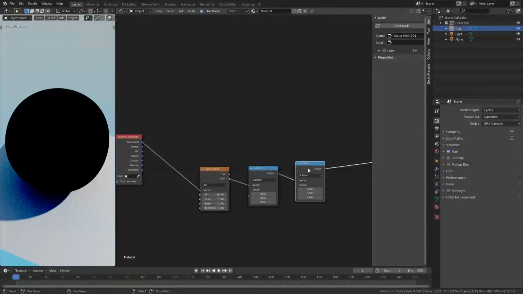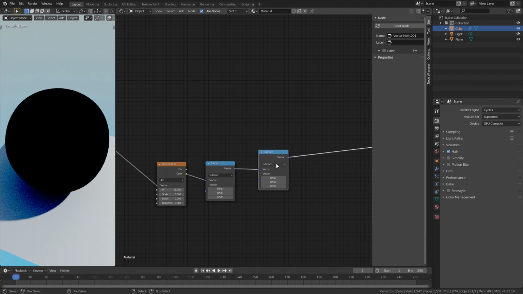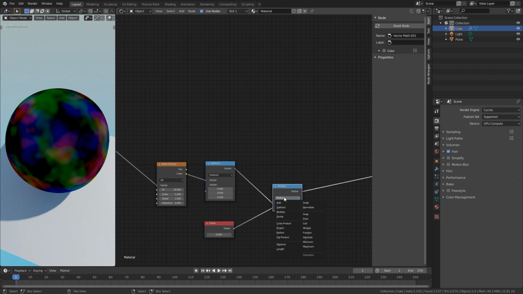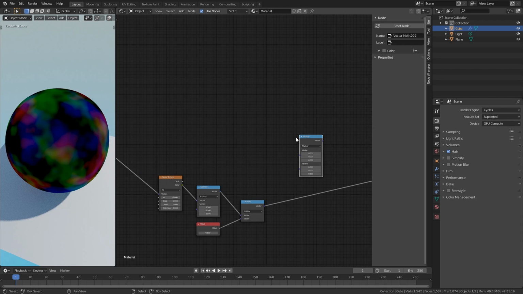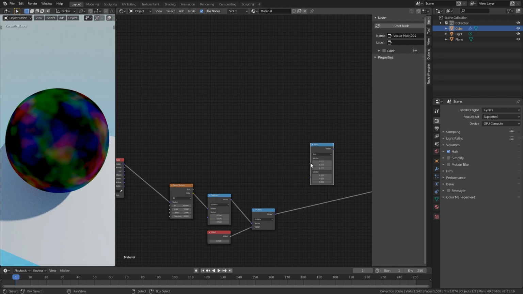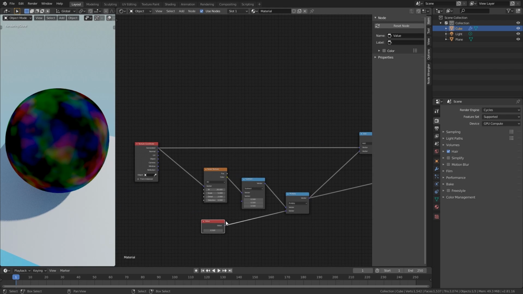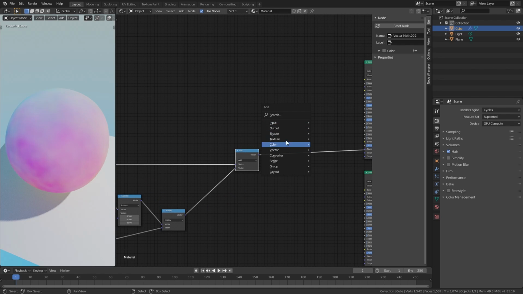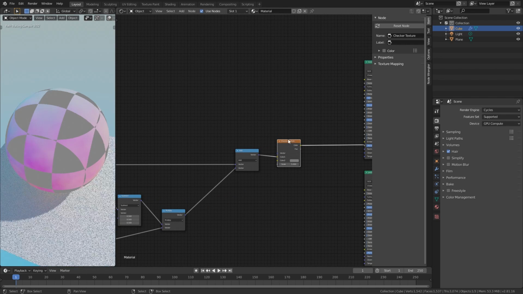And copy this node and change the operation to multiply or scale. These are pretty much identical. So create a value node and connect this to the vector, the second input. You can use the scale if you want. Okay, next let's copy this one and change the operation to add, and add this with the original texture coordinate. There we go. Now this is the warped space,